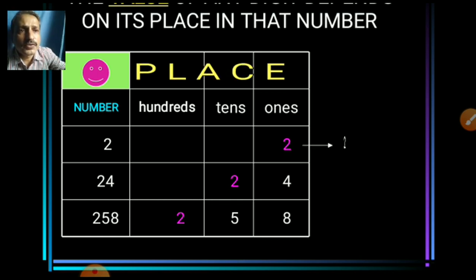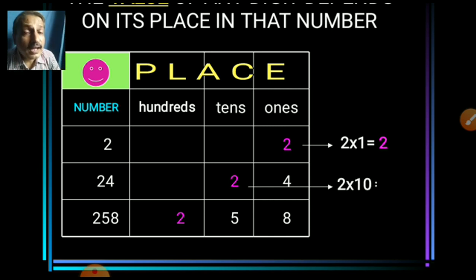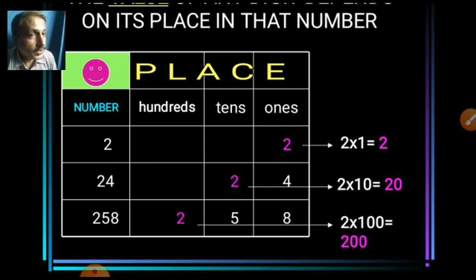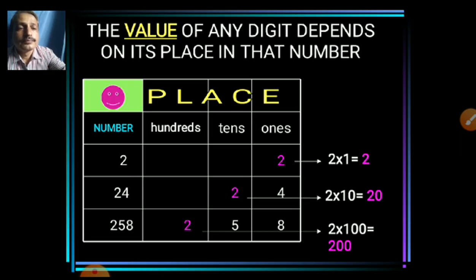Now in the first number only 2 is there. Which place is it? Ones place. So 2 ones are 2. Now look at the second one. 2 is there. 2 multiplied by how much? What is the place? Tens. So 2 into 10. 2 tens are 20. So that's a 20 value. Now look at the third one. What is the place value here? 100. So 2 into 100 gives me 200. Yes, correct. So first time 2, second time 20, third time 200 place value. Just changing the place. Good.